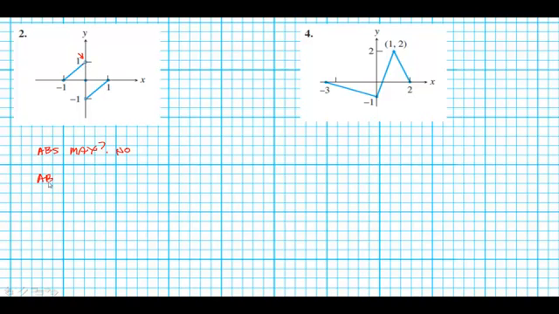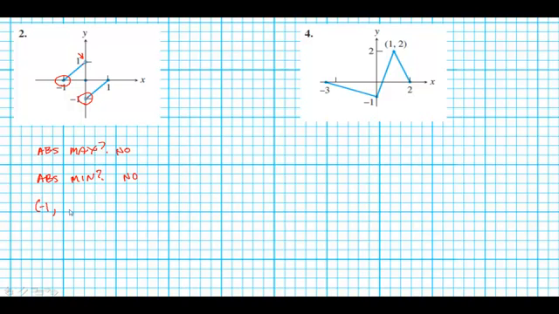Similarly, there's no absolute mins in this problem either. Because as I try to get closer and closer to this point, I can't get close enough. I can't get far enough down, and every time I try to declare a point to be the one that is lowest in the graph, I can always get a little bit lower. When it comes to this point, though,